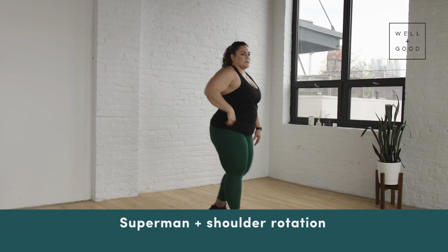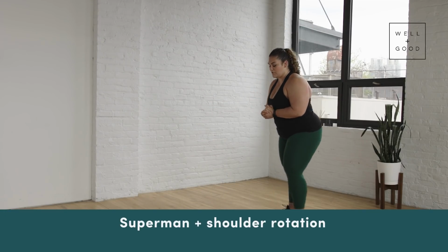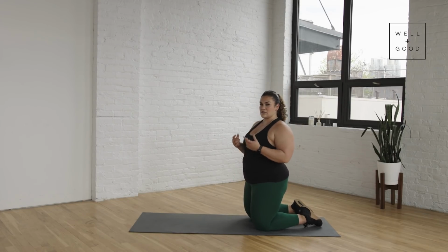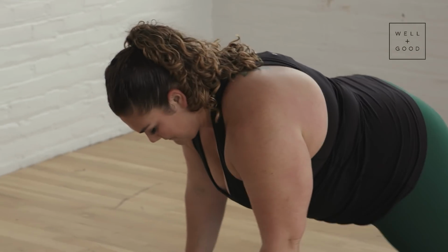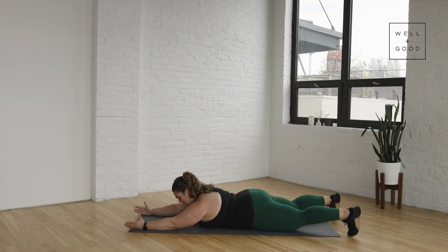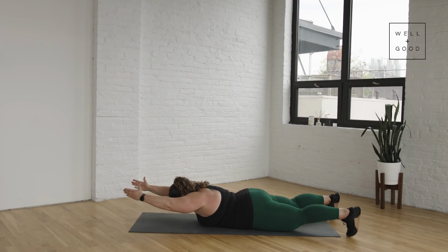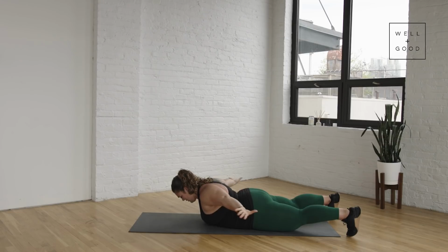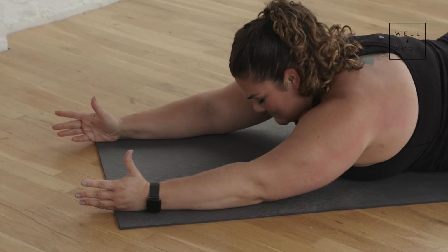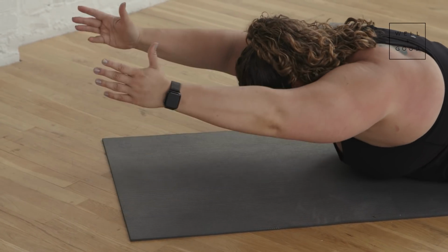Awesome. Now that our shoulders are warmed up, we got 1 more movement. We're gonna come down to the floor. We're gonna lay on our bellies. We're doing a Superman, but with some shoulder rotation. So, down on the floor, arms are gonna be out in front of us. We're gonna reach up, turn them all the way back, reach as far away from yourself as possible, all the way back around, and down. Make sure you breathe. Up,